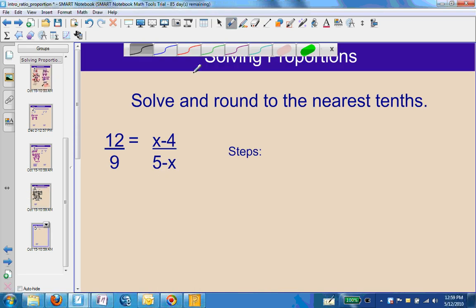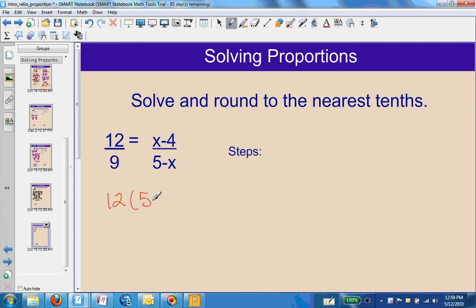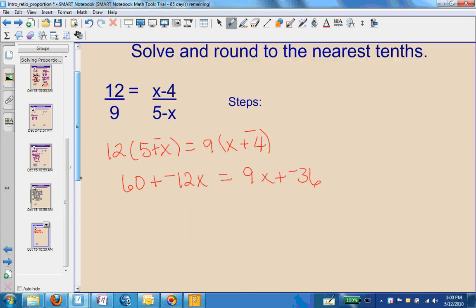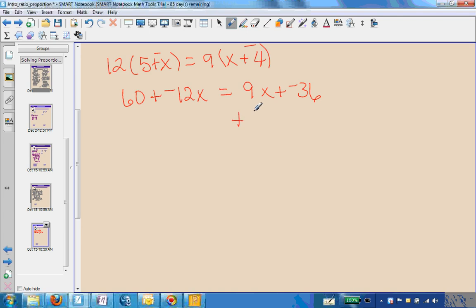One last example with the distributive property. 12 times 5 minus x equaling 9 times x minus 4. So 12 times 5, I'm going to put plus negative here, plus negative here. 12 times 5 is 60. Plus 12 times negative x is negative 12x equals 9 times x is 9x plus 9 times negative 4 is negative 36. Then I'm going to add a negative 9x to both sides